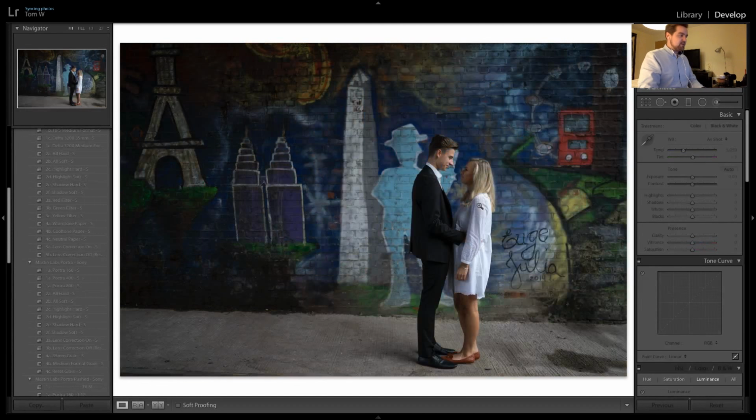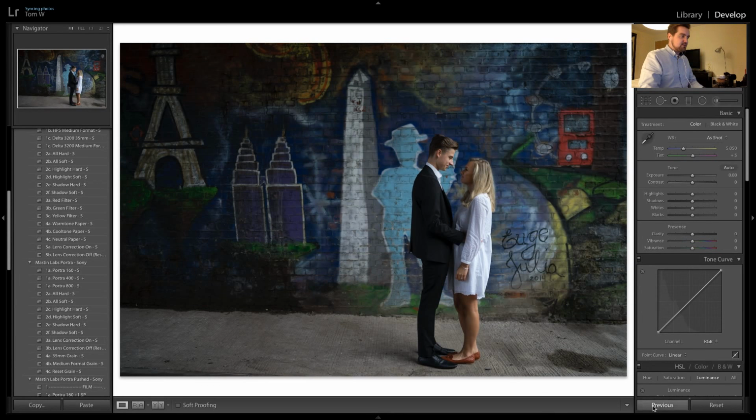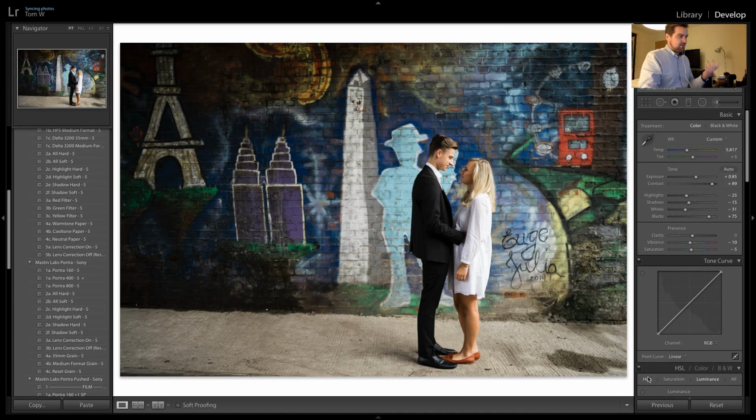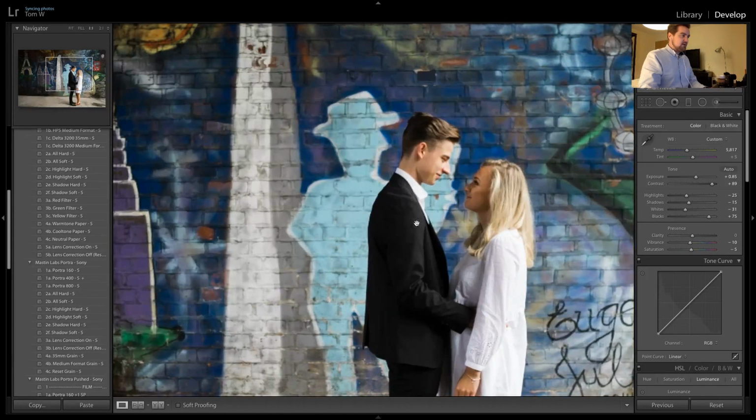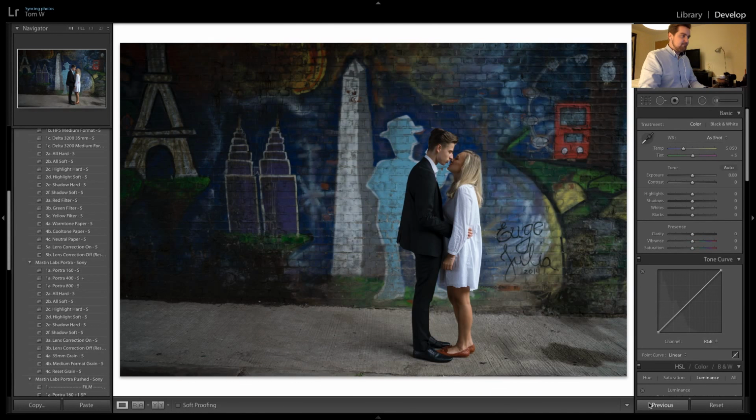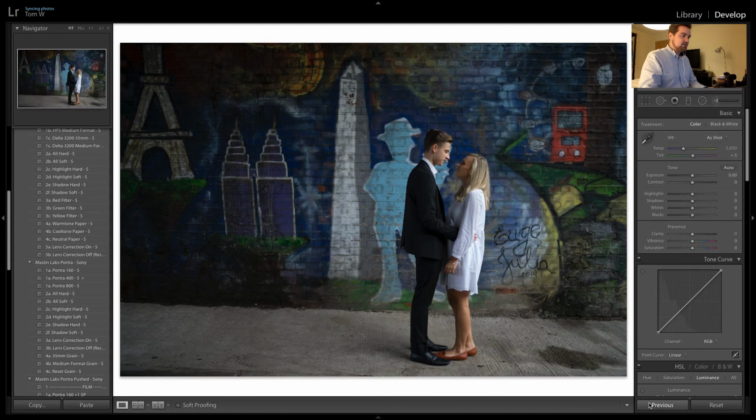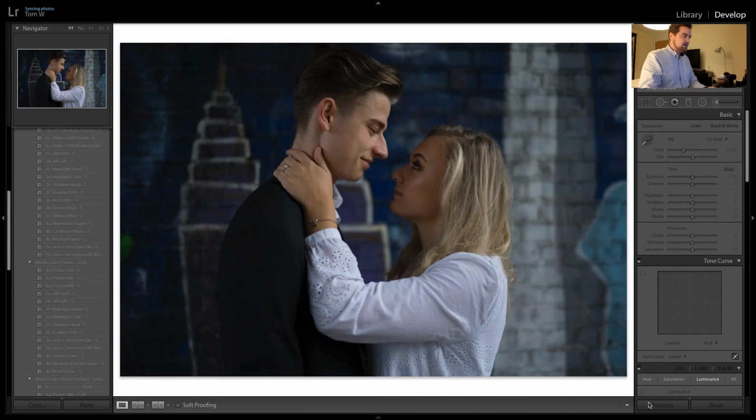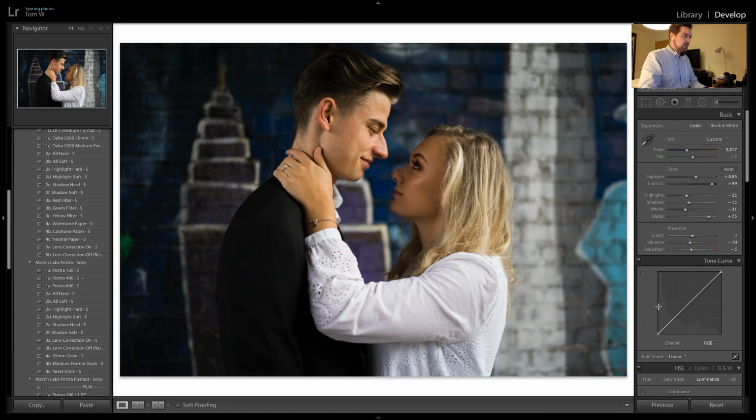And then we're going to move to the next image, and it's pretty much the same. So if we apply previous, we get pretty much the same kind of look. Again, nice moment between the two of them. And this is how I edit. So now that I've got that base preset, you can see how quickly this editing process goes